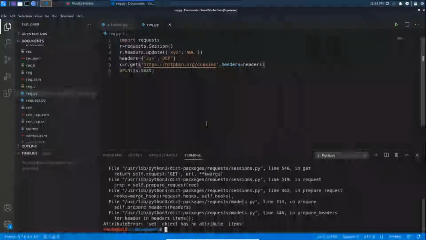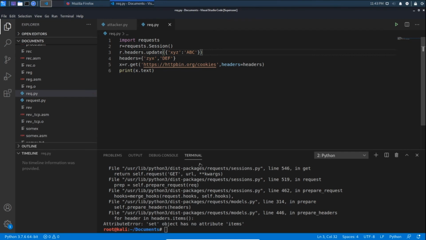When I update my Python to a new version, then it will be able to pass our headers through these sessions also. You can try it on your own, or else I will leave a link in the description. You can check it. I don't know why this is happening. Okay, in prepare. I don't know why this came up as an error.